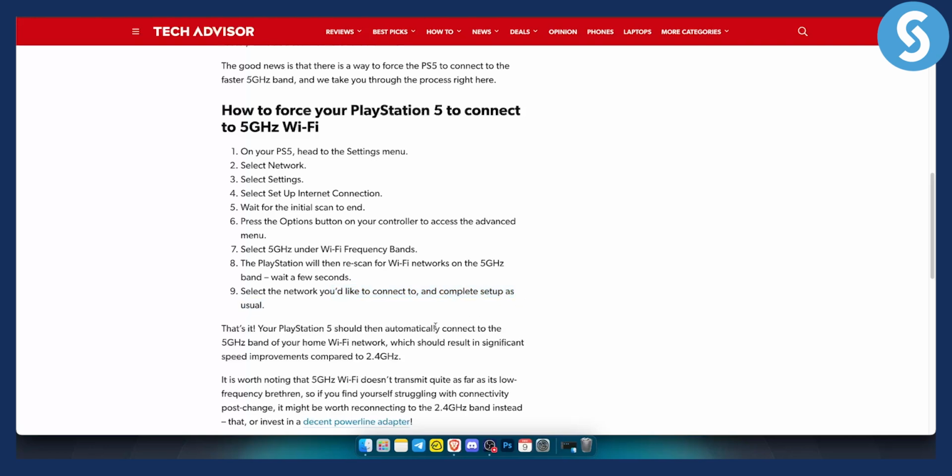That's pretty much it. Once you do that, your PlayStation 5 should then automatically connect to the 5 GHz band of your home Wi-Fi network, which should result in significant speed improvements compared to 2.4 GHz. So you should have a much faster internet speed. So that's pretty much how you can set up the connection between 2.4 versus 5 GHz Wi-Fi on